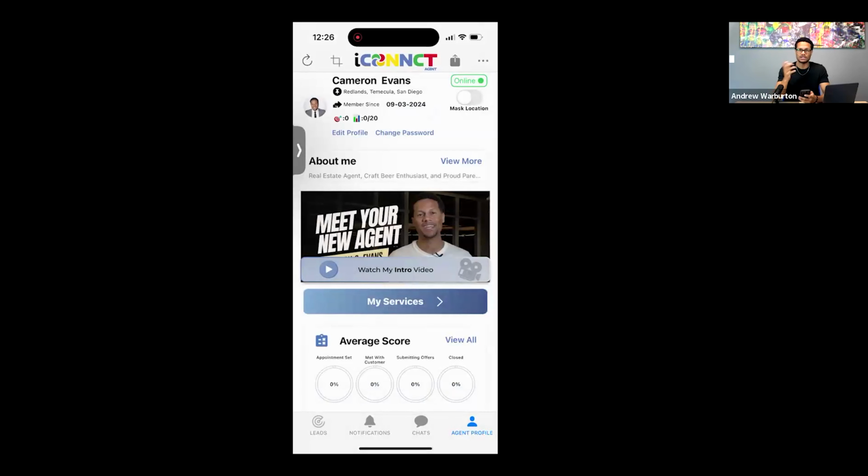And so now that customer sees you at all times as the green bar at the top, whether they're searching for property or just going through the app looking for a real estate agent, which is really cool. And then the last way to share this is something I'm pretty sure you all are familiar with